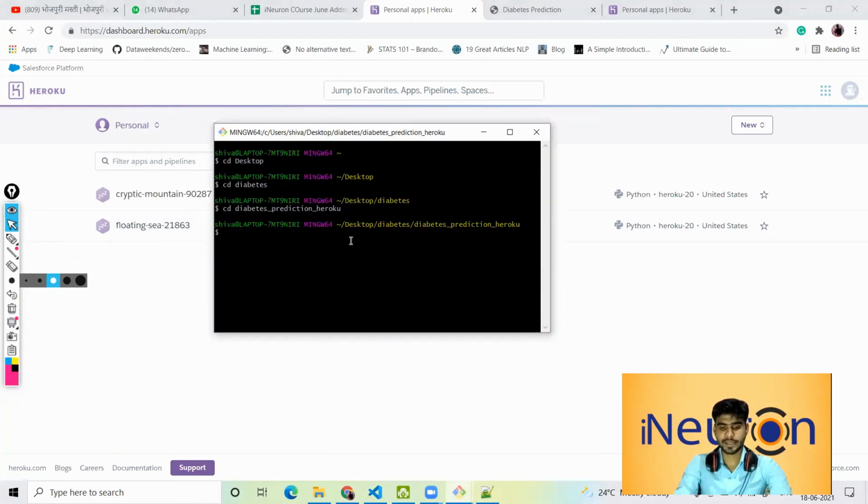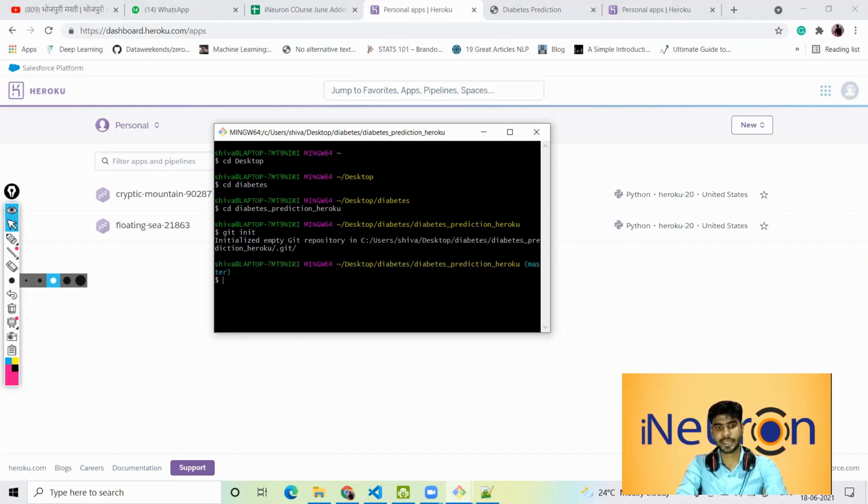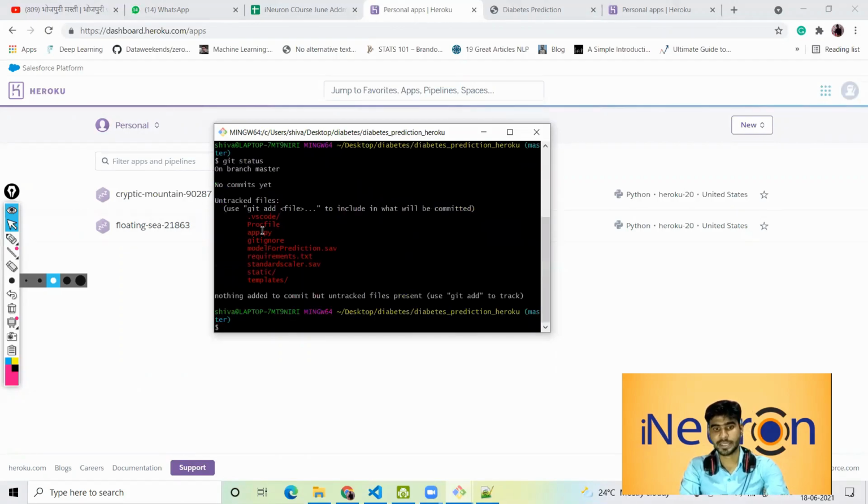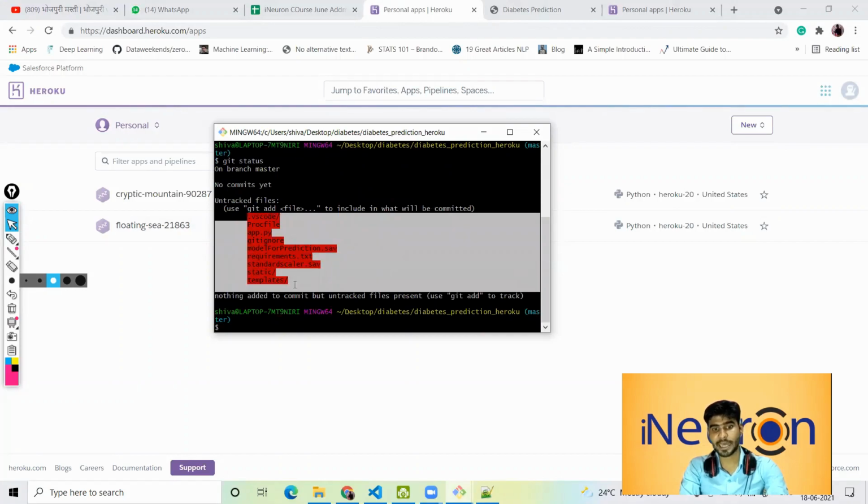I'm writing git init here. What does git init do? It creates a new repository. Just hit enter and you see it initialized an empty Git repository. Let's check the git status. You can see these are the files available in our folder.